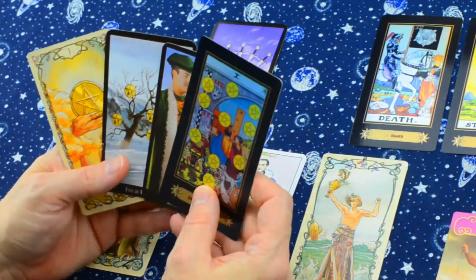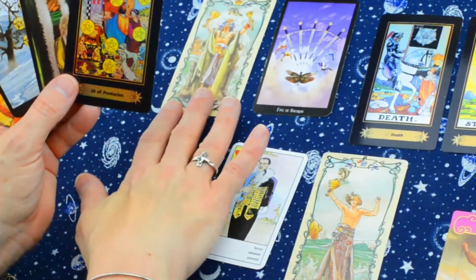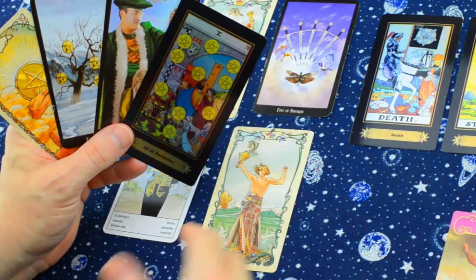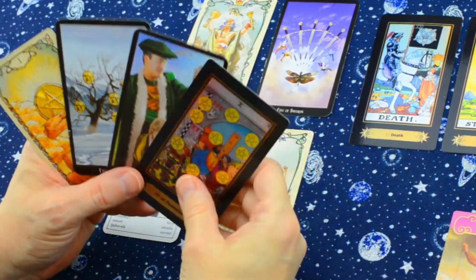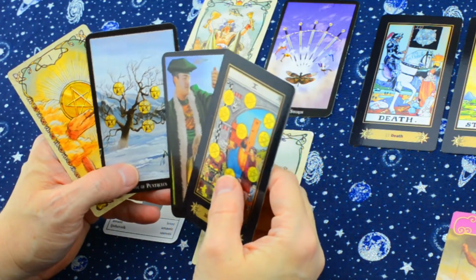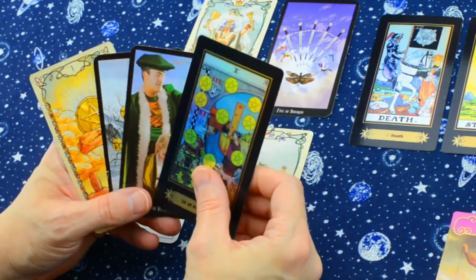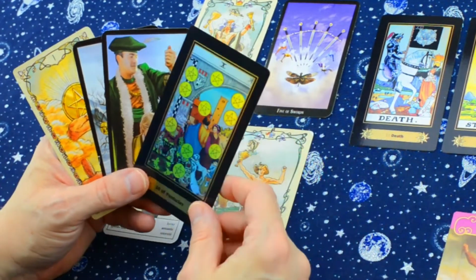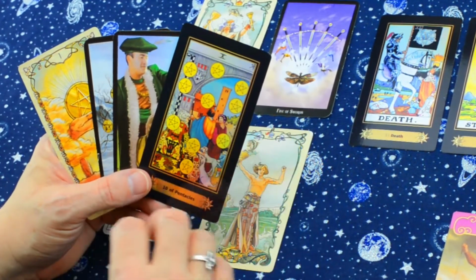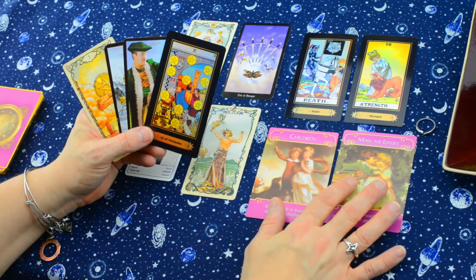So I feel like one person in the relationship might be frivolous with their spending money. Maybe they give it away. They spend it on things. Another person in the relationship might feel like there's not enough, and so they're a little miserly. They feel like they've got to hold it back. The other one's a little bit more generous and gives it out. And what's interesting here is I feel like that is a conflict that actually can be resolved,